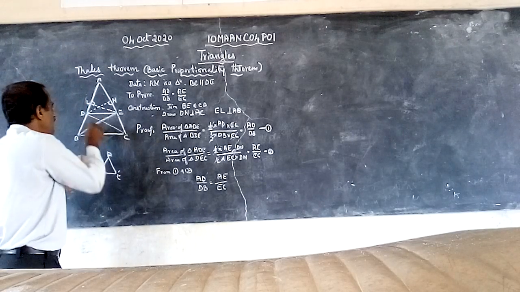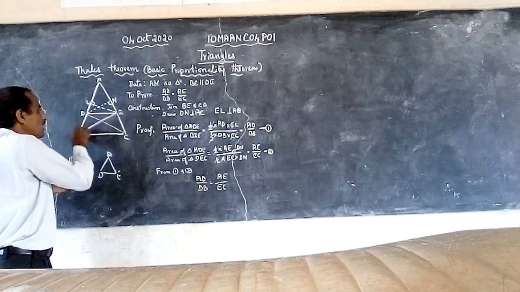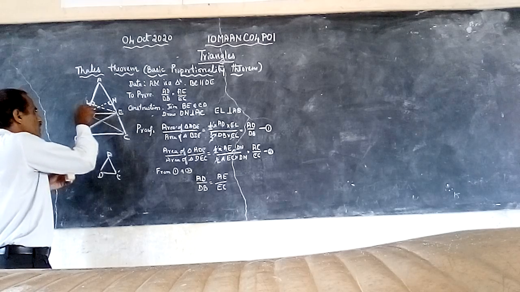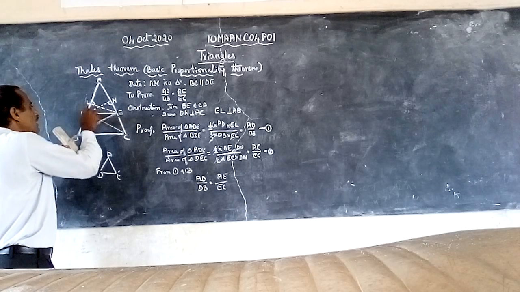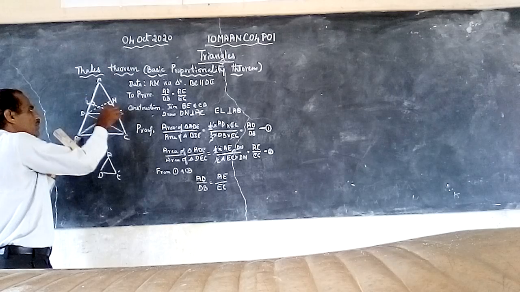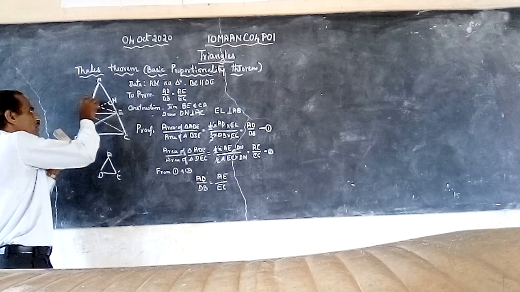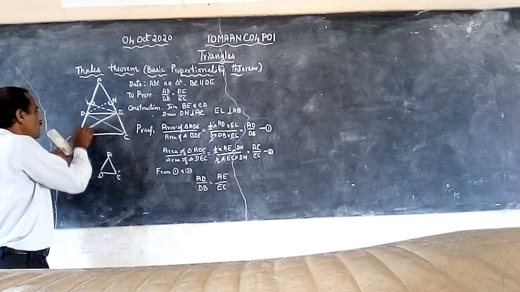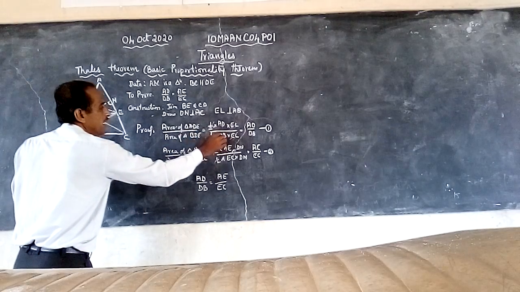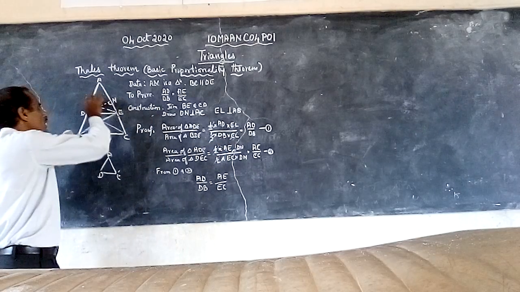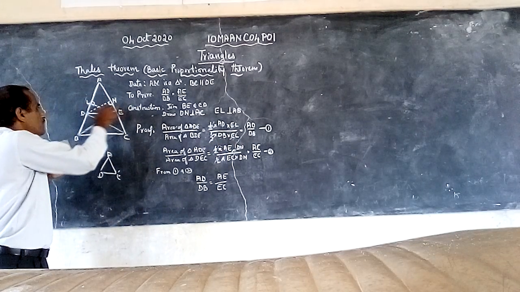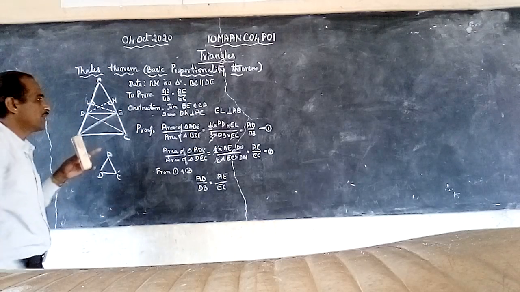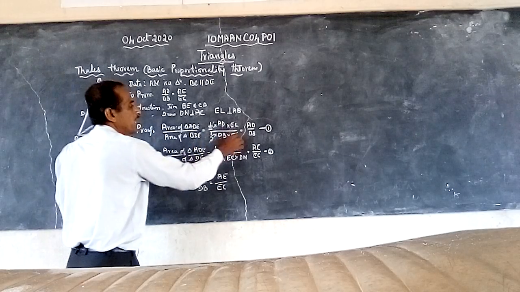And let us take this triangle. Area of the triangle BDE, or DBE, is equal to half into, here also this is the base. Now this triangle's perpendicular height is here. See here, this is the perpendicular. I have extended this line. See, this is the perpendicular. Therefore, half into BD, or DB, into EL. Here also EL is the perpendicular or height of the triangle BDE. EL is the height of the triangle BDE. Therefore, you can write half into DB into EL.